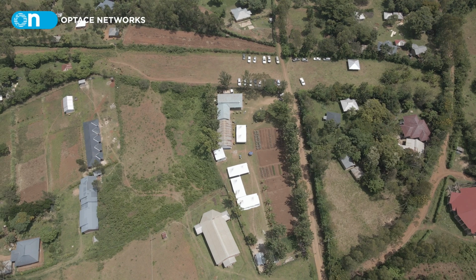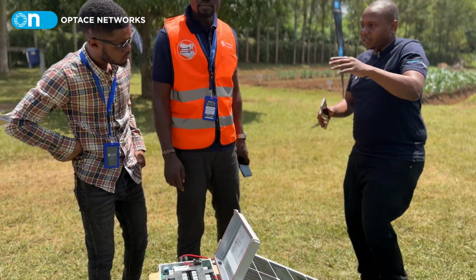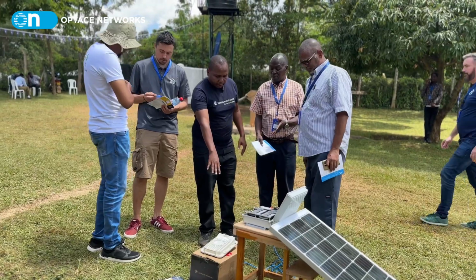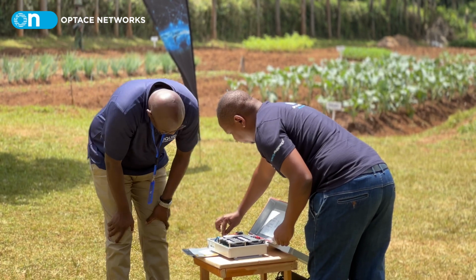One of the problems in those areas is power, and we have our FTP-300 here that will power the devices in those areas. It can be solar powered or connected to the grid. If it's solar powered, it's install and go and forget about it, because the batteries in there are lithium-ion and they will serve you for usually about 12 to 16 hours, depending on the load. And that is usually good enough since we are in an area near the equator